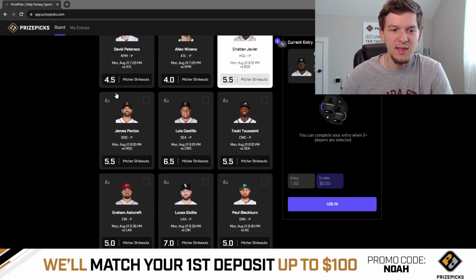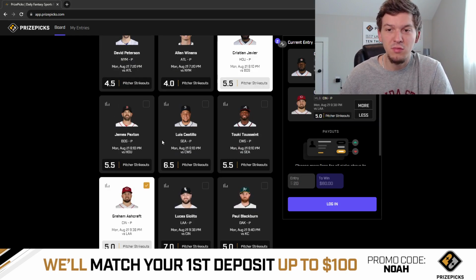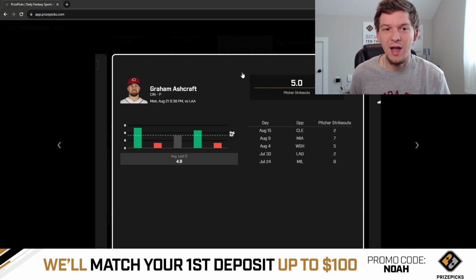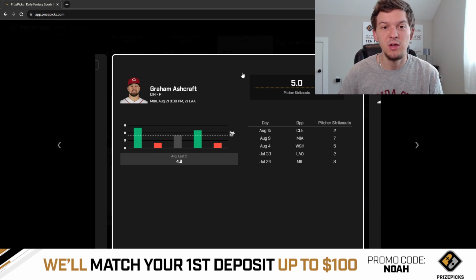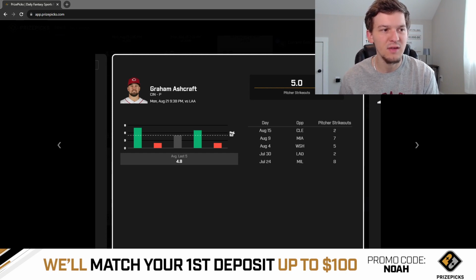And then the other play that I like we're going to look at is going to be Graham Ashcraft. 5 strikeouts, and we're also going to be taking the under here as well. So for Ashcraft, kind of similar to Javier, he has an even lower strikeout rate than Javier this season. I know he's had some games lately where he's gotten a lot of Ks. He had 7 Ks against Miami. He had 8 against Milwaukee. But those are outliers. If you look at Ashcraft this season, just a 16.4% strikeout rate,